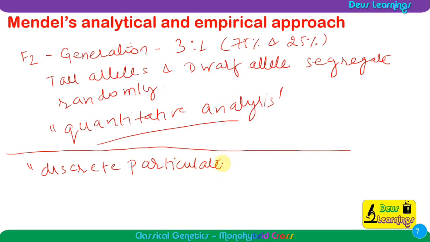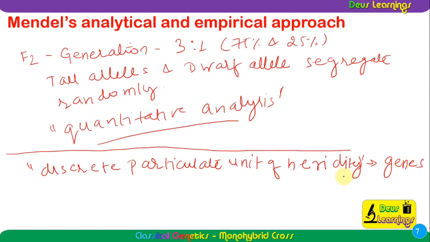The particles that are carrying the heredity, the particulate unit of heredity, and what we call them today. Do you remember what we call this discrete particulate unit of heredity? Today we call them genes, right? And what he did, by his experiment,